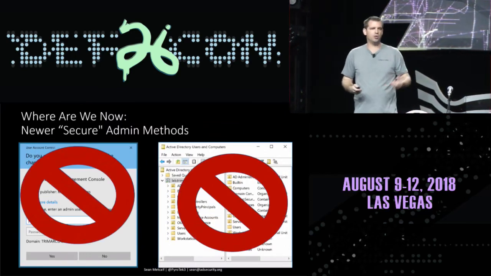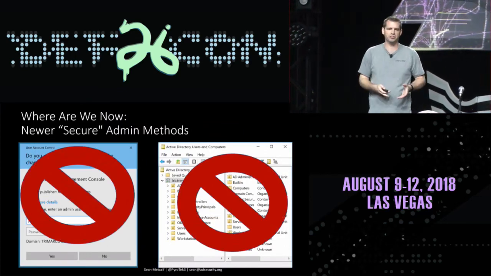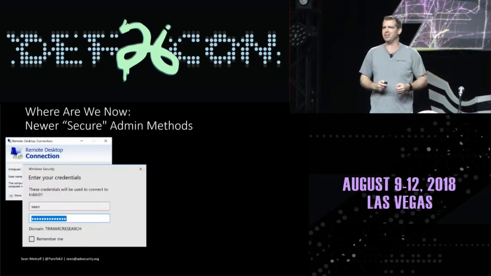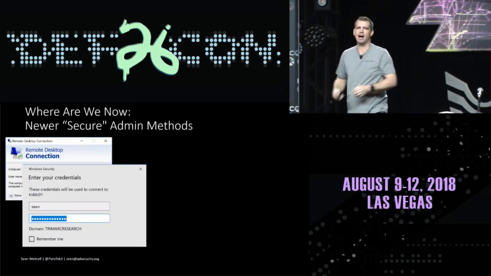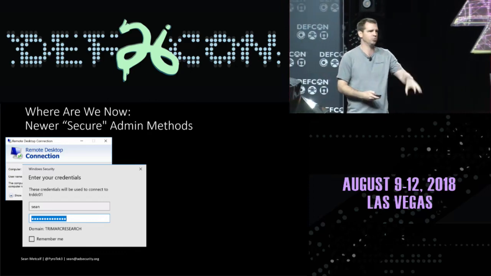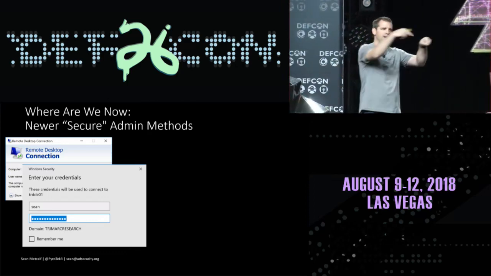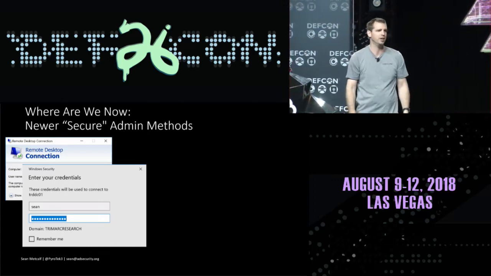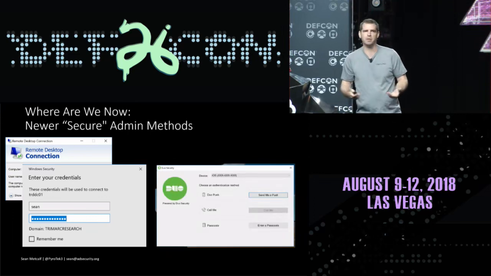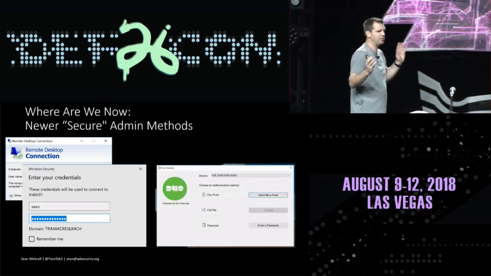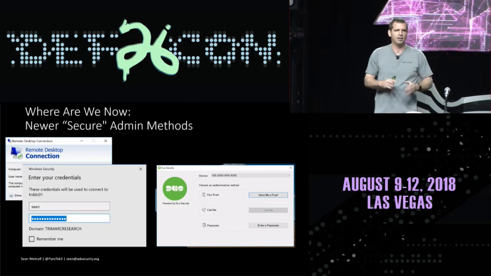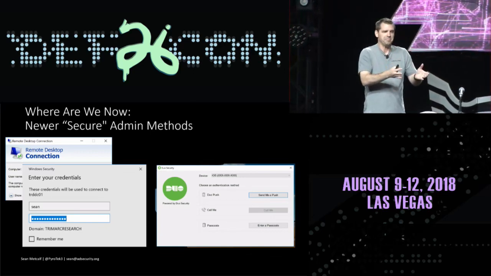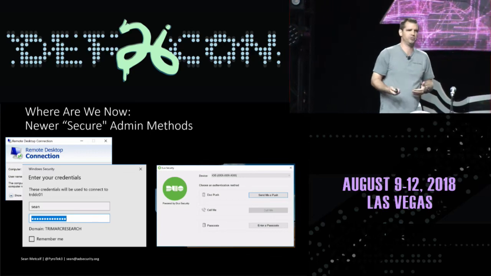Newer admin security methods, so no more run as, no more MMC on the local system. Should be great, right? We're going to use RDP. We're going to connect to another system. I'm not going to log in with my admin credentials on this workstation because someone could use Bloodhound and know that I'm on this system and they could potentially get access to that and then compromise my account. So I'm going to use RDP. And maybe I'll use MFA. Maybe I'll use something like Duo. I pick on Duo. They were in the news for something. I don't remember, but I pick on Duo. Duo's good. But there's some interesting things that happen when you use a regular workstation to do administration.